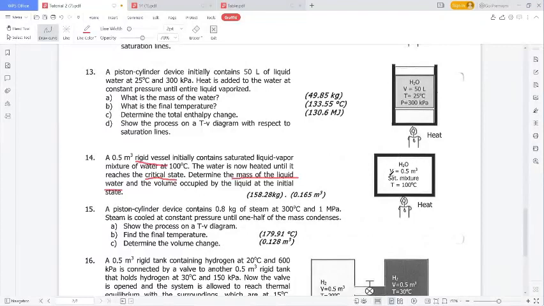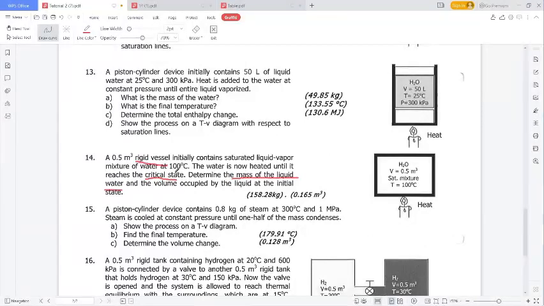We have a very confined container. In it we have water that has been heated up. The initial temperature will be 100 degrees C. The condition of the water at the initial state will be a saturated mixture. The volume of the rigid vessel will be 0.5 meter cube. After a while, the system will be in the critical state. This means it has a constant